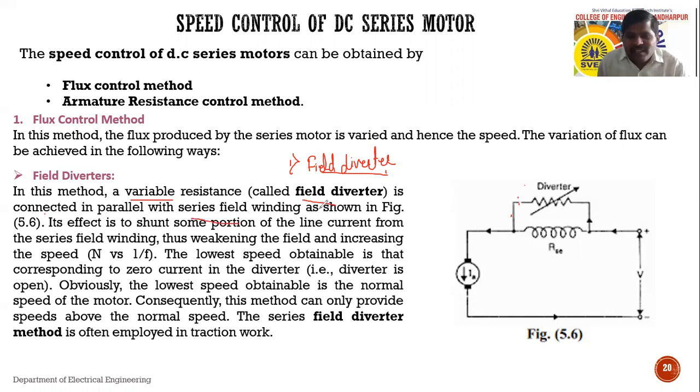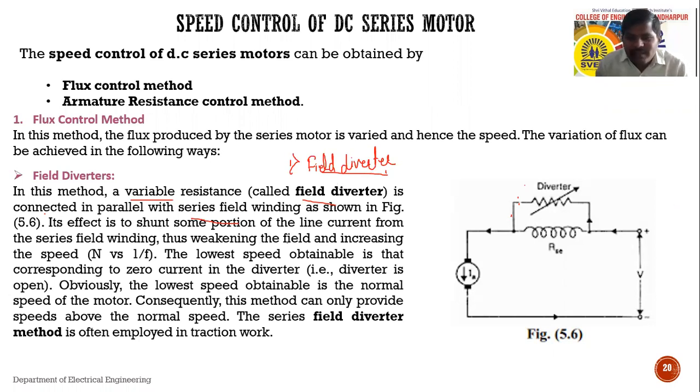winding. Series field winding च्या parallel मध्ये आपण काय करतोय? variable resistance connect करतोय, so we can call it as a field diverter. So it is nothing but field diverter, or it nothing but one variable resistance. Okay. Now